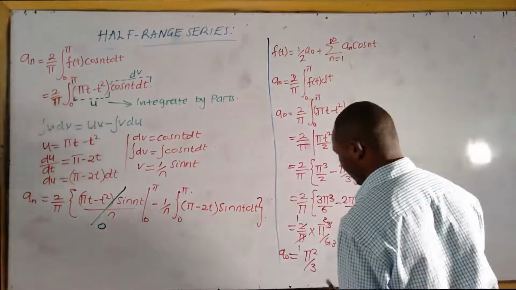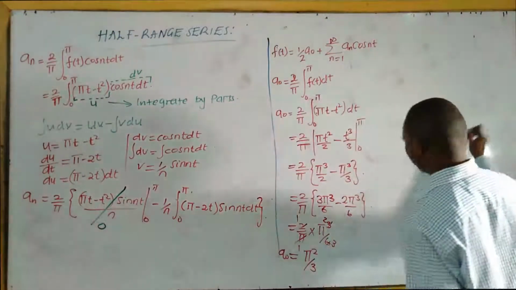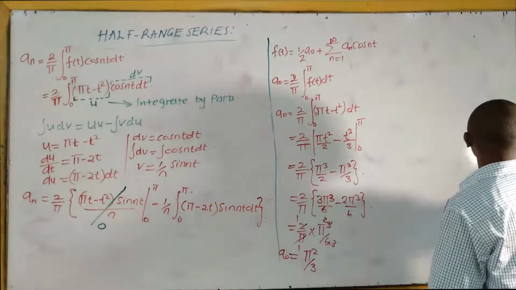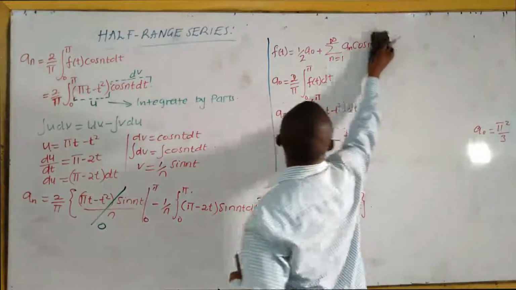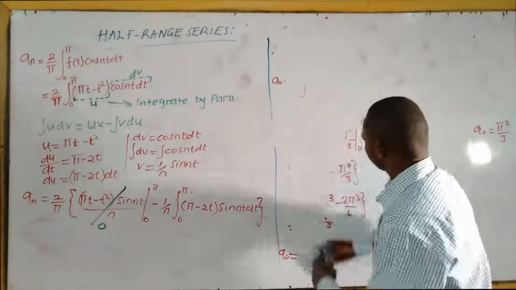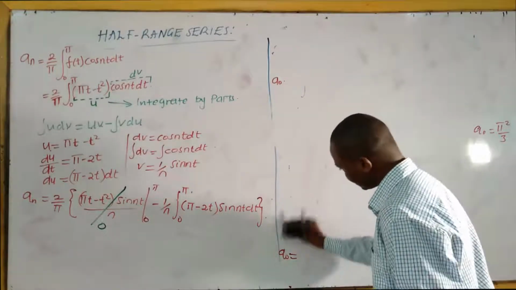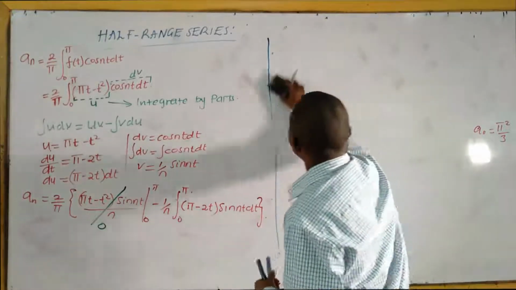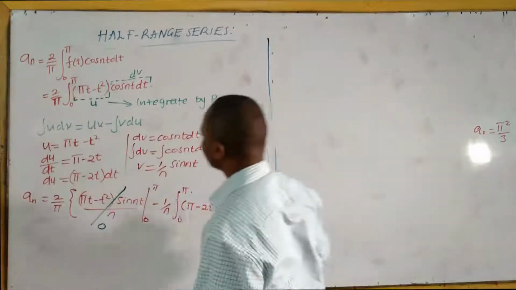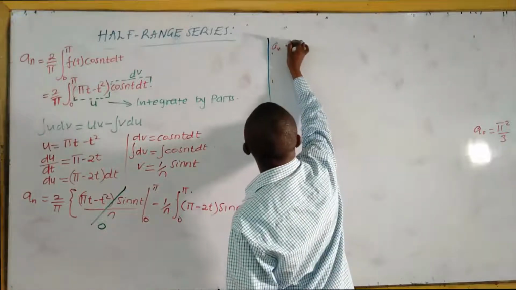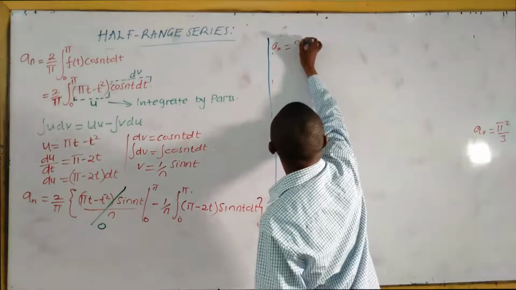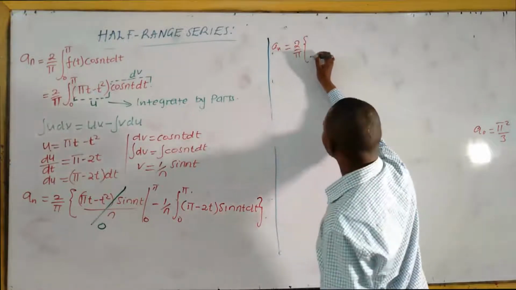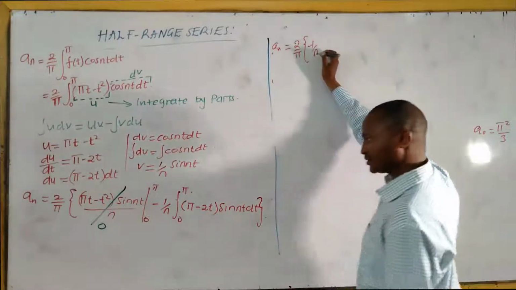Here, we know we need a naught. You might forget this. A naught is equal to pi squared over, and remove the rest. And now it is equal to 2 over pi, open bracket, negative 1 over n,